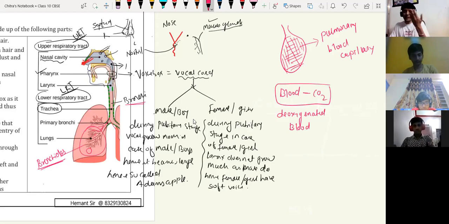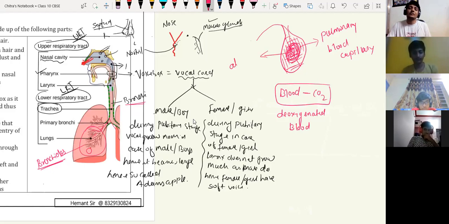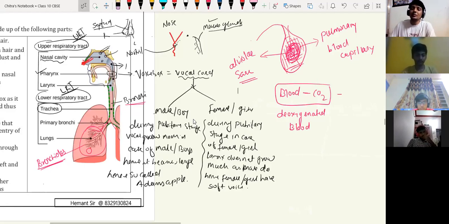And when we are breathing in the air, it becomes moist and warm and ultimately reaches the alveolar sac. Here we have the pouch-like structure which is called the alveolar sac. The alveolar sac is nothing but the empty space inside the alveolus. Here oxygen is present in the alveolar sac. Now here we can see the blood contains less oxygen but more carbon dioxide.